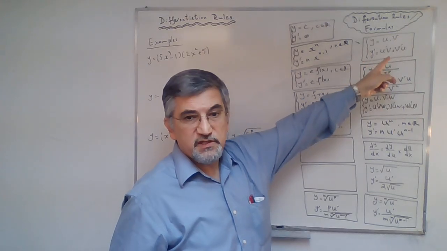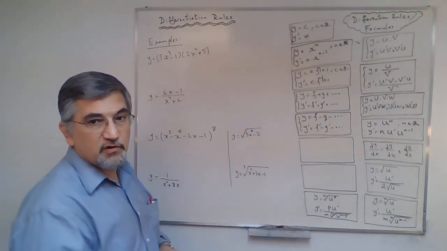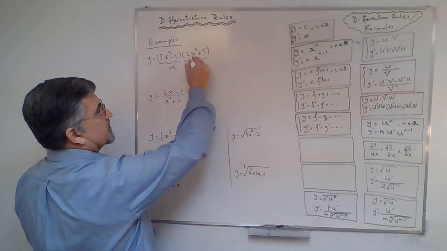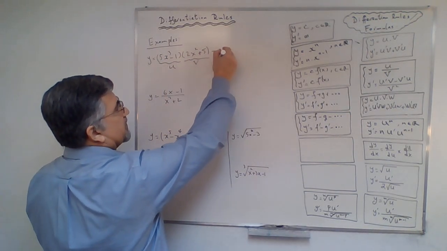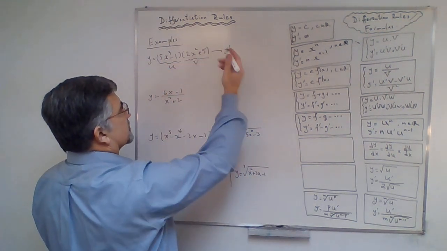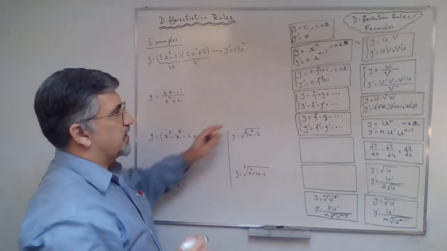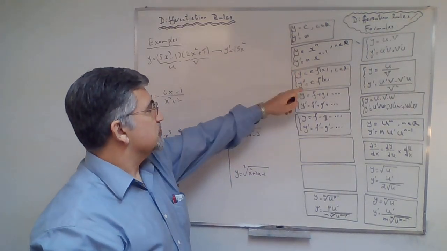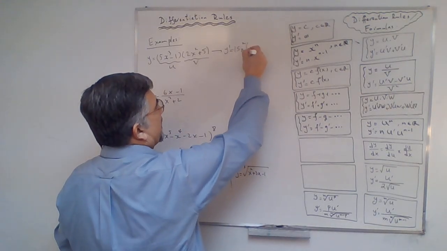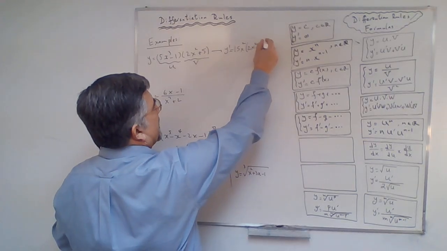y equals u times v. The derivative was u prime v plus v prime u. So that's the formula we are going to use here. Clearly this is u and this is v, and the derivative is going to be u prime, which is the derivative of the first function, that's 15x squared, and we applied the power rule and constant multiple rule to find that derivative. So this is u prime, and then times v, which means times the second function,